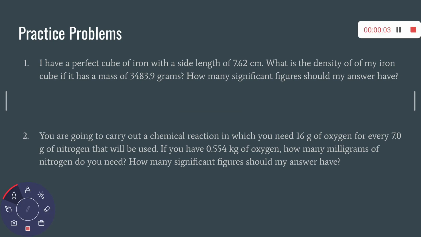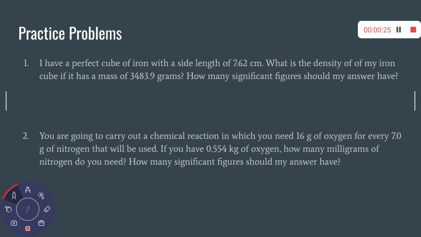All right, everybody. For this video, we are going to talk about how we keep track of our significant figures and how many significant figures we should have when we start to do calculations with values, with the measurements that we take. So for number one, I am given a perfect cube of iron with a side length of